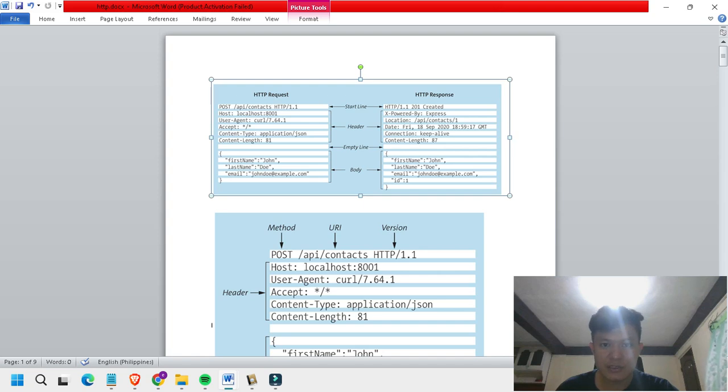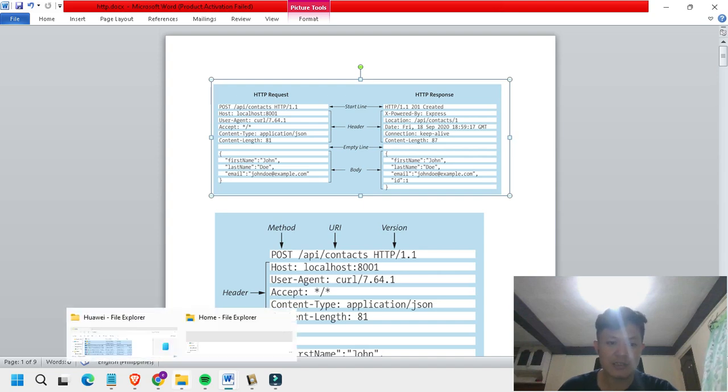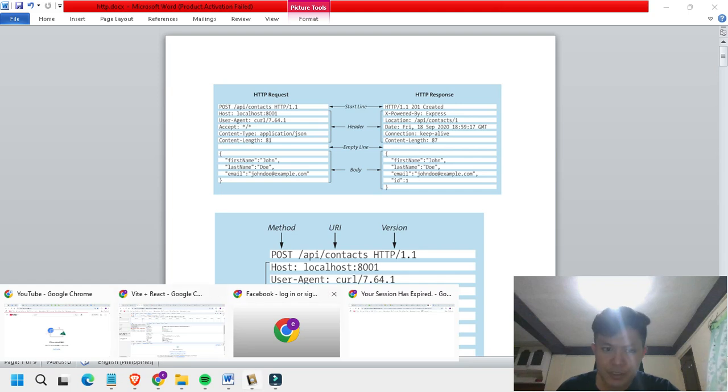The header here starts with the most frequently used header, host, localhost, then accept, which is the acceptable response by the client for HTTP requests. So let's say you're Google Chrome, and you send a request to the server. Google Chrome will show the accepted response by that server in the request header.